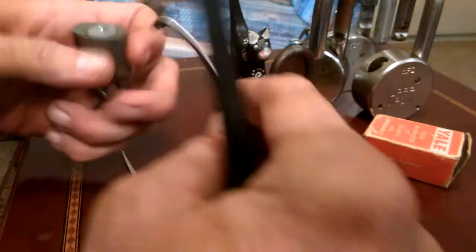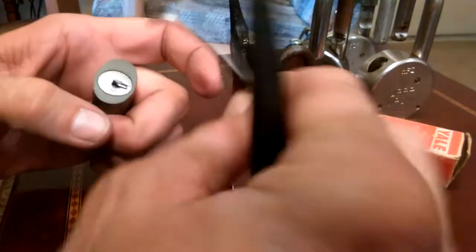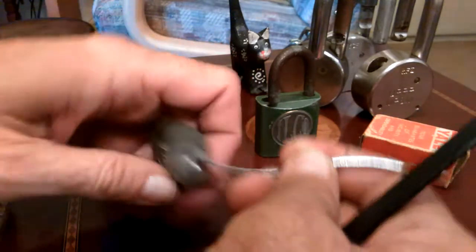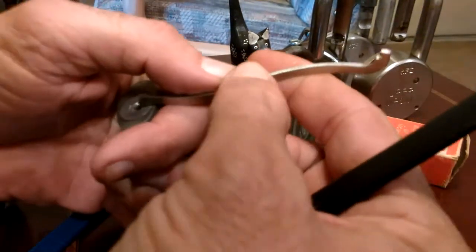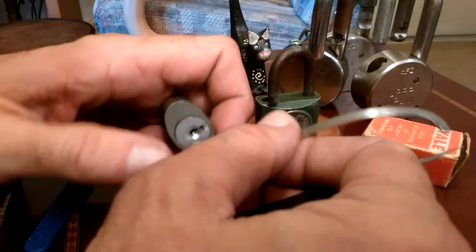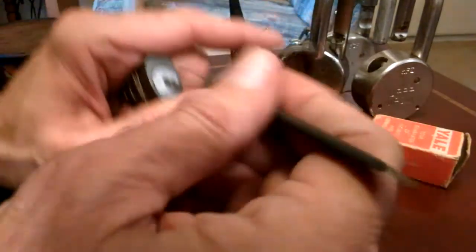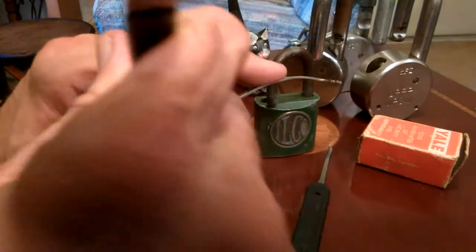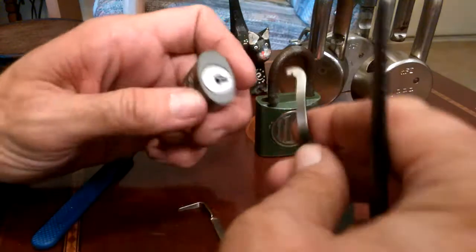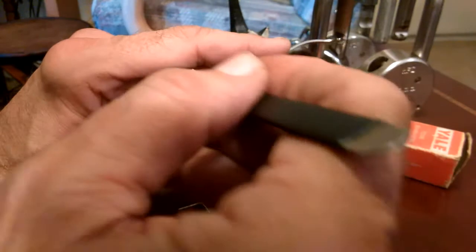Right, so let me try top of the keyway tension. Maybe I need more room in here to pick this guy. I'm going to use this Mad Bob 1.2 if I can get him in there. I have opened this guy before on camera. I was just including him because he's another example of an older wafer lock, and little did I know he was going to be the toughest lock in the group. Just today and just for right now, I mean,